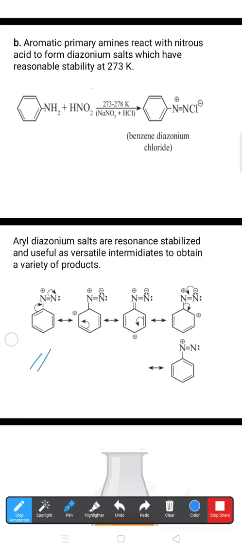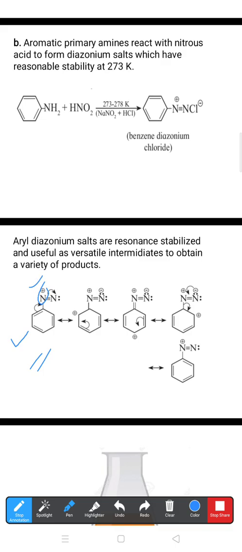Now here, in this example, on benzene, a nitrogen is attached, and over that, triple bonded, one more nitrogen atom is attached. You know the last nitrogen has a lone pair of electrons and the previous one, on the benzene ring, has a positive charge. Basically the valency of a nitrogen atom is only 3, but here we observe this nitrogen atom has 4 valency. Valence is disturbed by giving electrons from the nitrogen, and the one giving electrons has to acquire a positive charge. Like that, this nitrogen has a positive charge.